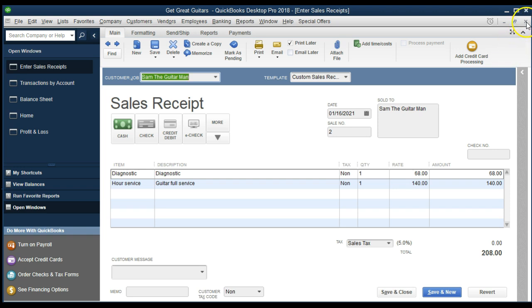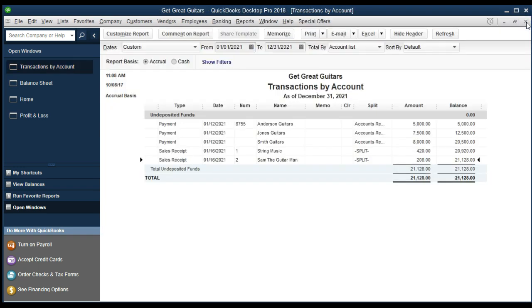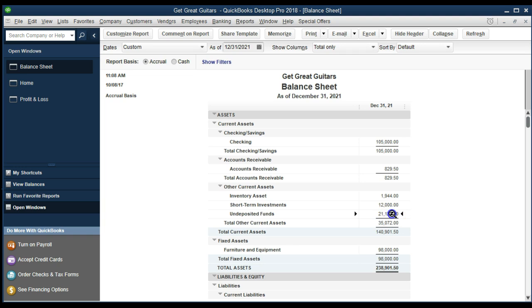We're going to close this out. Remember that we have to then go to the bank and deposit that. If we just spend the 208 in cash, that's not very good practice. Typically, we want to put it in the bank as a double check of our records. So typically we want to make sure that we go to the bank and deposit any cash receipts. If not, again, we're going to have to basically adjust this undeposited accounts in some way to account for that